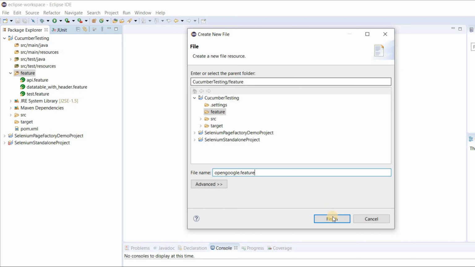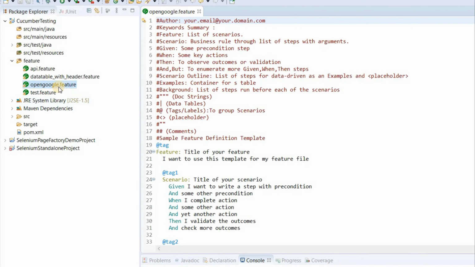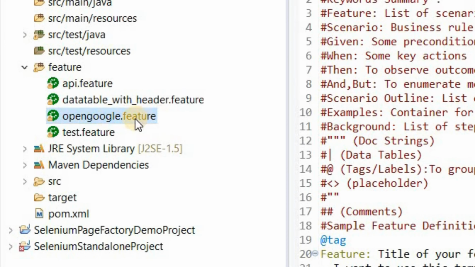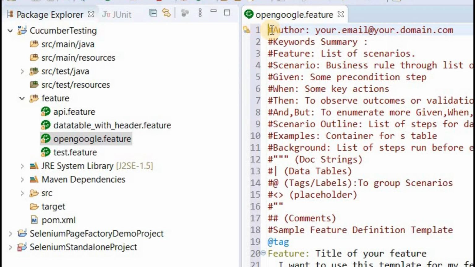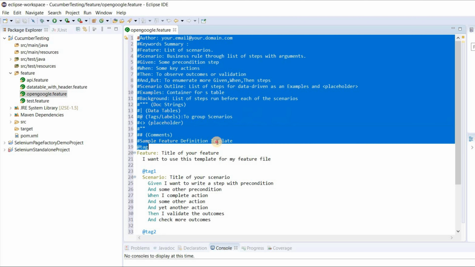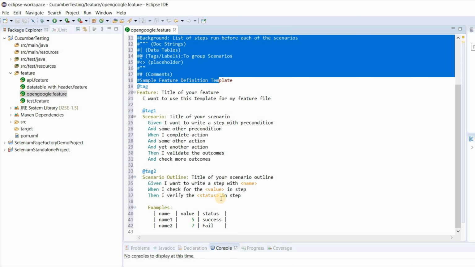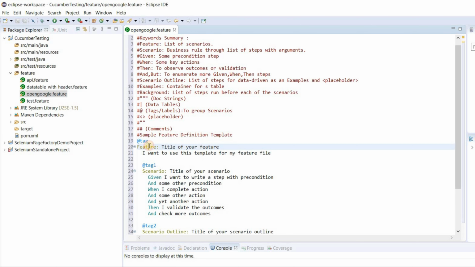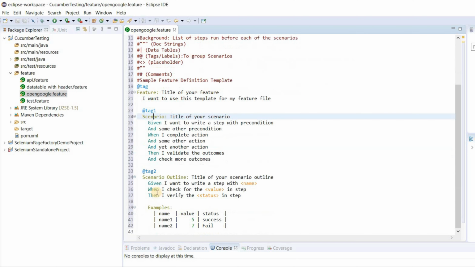Then click on finish. This will create a feature file for you. See, open google.feature, and it will create the default or dummy data so that you get some hint about what contents should be present inside a feature file. It has given the feature title, tag, scenario, given, when, then, etc. So this is how you have to create a feature file in Eclipse.